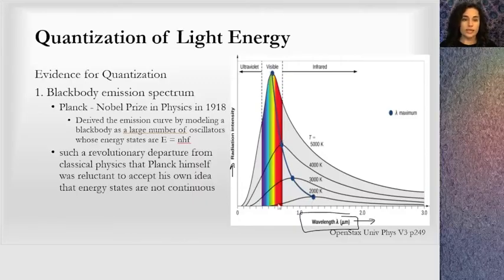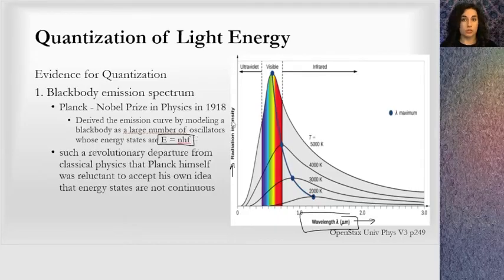And we see that there's this black body radiation curve. And we can calculate this maximum value, this characteristic wavelength. A hotter body will have a smaller characteristic wavelength than a cooler body, and this is true. What Planck won his Nobel Prize for was deriving this emission curve by modeling a black body as a large number of oscillators whose energy states